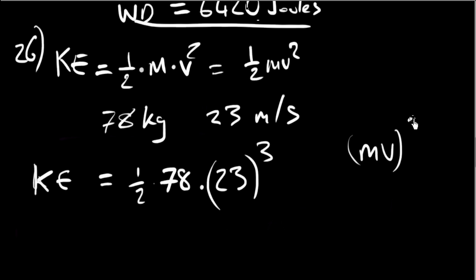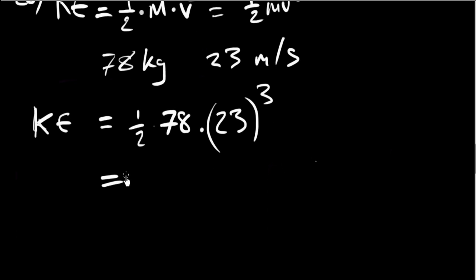Otherwise the formula would be like that, and that's not the formula. The formula is half mv squared, so only the v is squared. So here we square the 23 and not the 78. In the calculator I always do the squared part first, so I say 23 squared times 78 times 0.5, or divided by 2, is the same thing, and we get for the kinetic energy